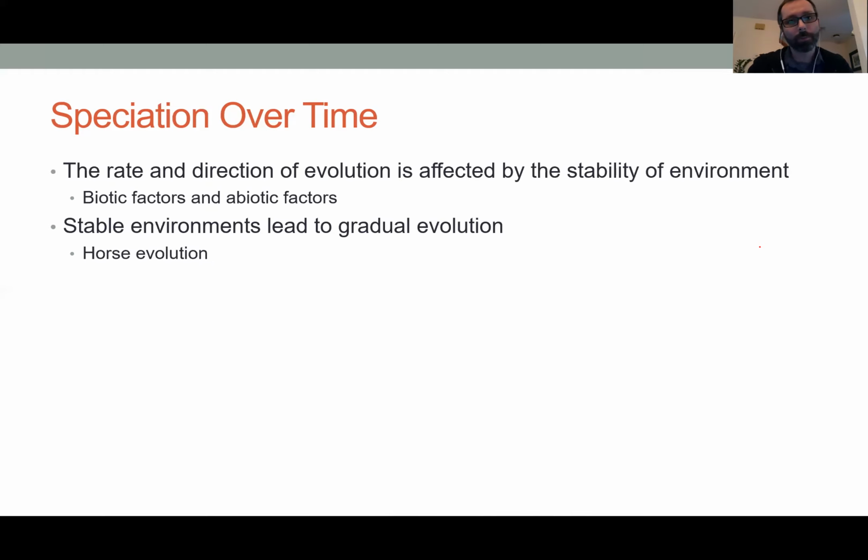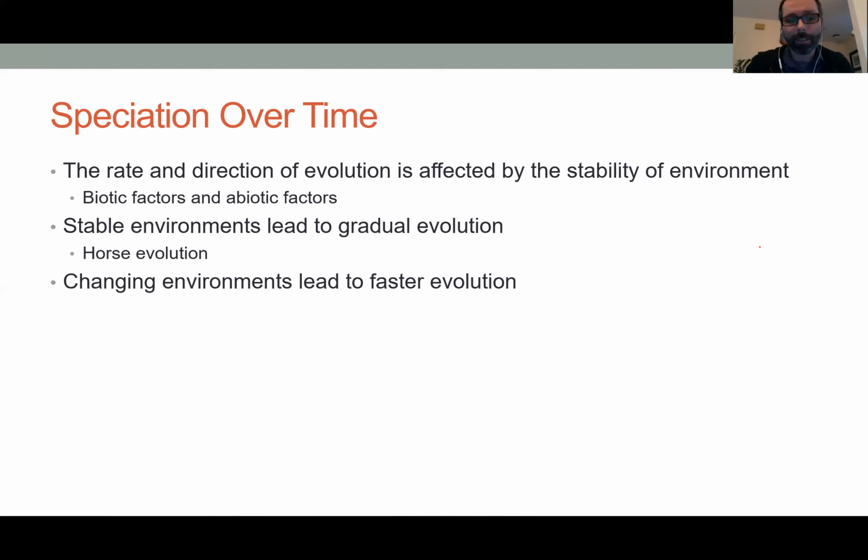Think of the horses, where the horse ancestors were small deer-like species, and then over time, their forest environment slowly turned into a plains environment. And so the horses, along with the environment, slowly changed to just get bigger and bigger and bigger, of course, and then their feet changed to get hooves, right? But a stable or a slowly changing environment is going to lead to a much slower evolution than a fast